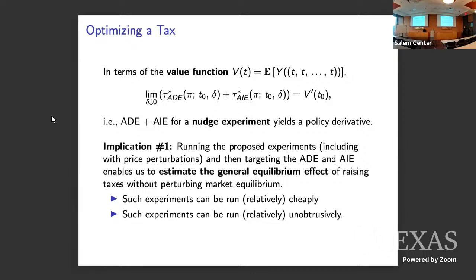And the implication number one is, if you cared about things like V prime T, and you're able to run experiments, then you can actually estimate them using unit level experiments like proposed. So again, you need to be able to randomize taxes given to people, but you can randomize them by a very small amount, so hopefully that doesn't disturb the market too much. They're relatively cheap and relatively unobtrusive experiments to run. And the huge benefit is that they're unit level experiments.